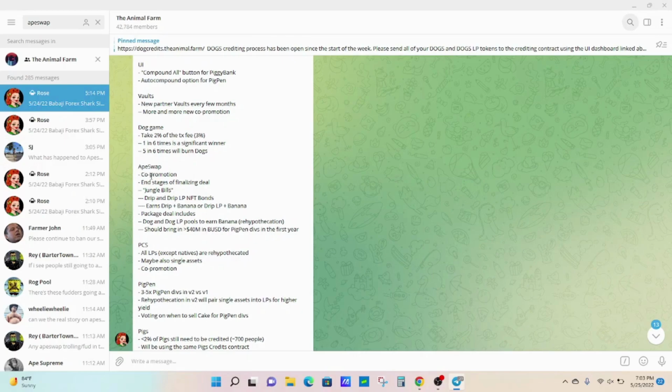With this ApeSwap co-promotion, there are Jungle Bills, drip and drip LP NFT bonds, and some other ways you can earn drip plus banana or drip LP banana. So it's already creating more ways to buy drip on different platforms and getting it really out there. And like he said, it should bring in more than 40 million BUSD for the Pigpen divs in the first year.